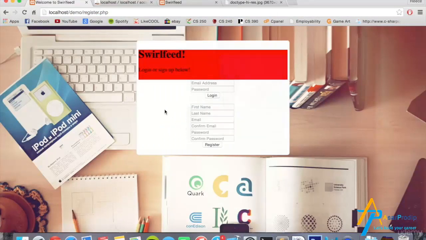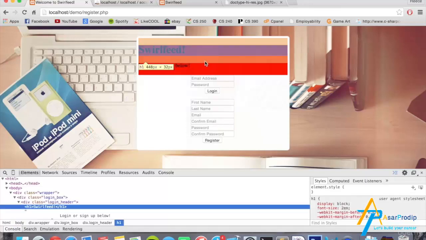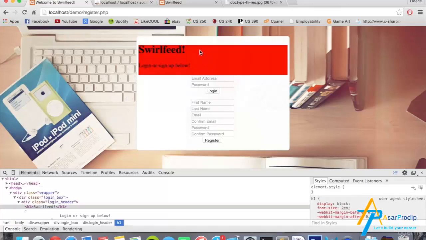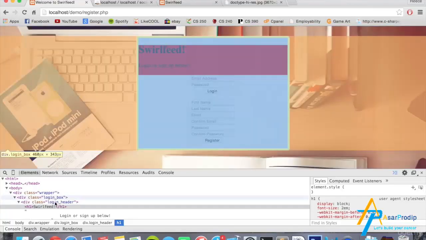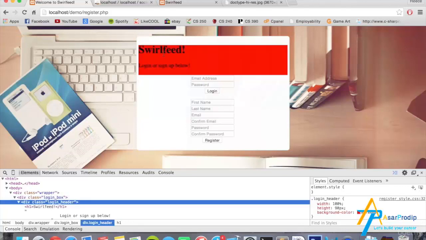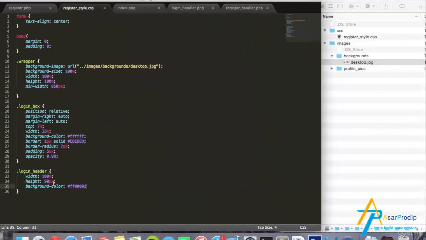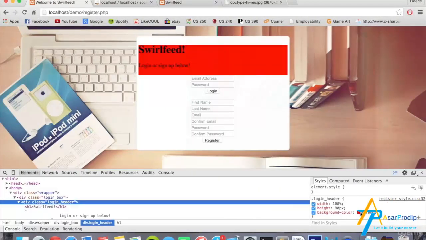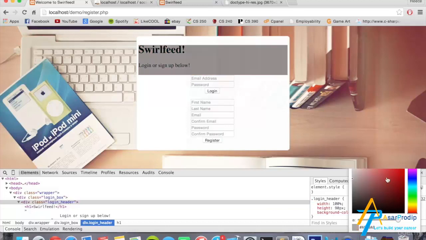What you can do is right click and inspect element. This is on a Mac in Google Chrome. I'm not sure how it is in Windows or any of the browsers, but a quick Google search of how to inspect element in whatever your browser is will easily tell you how to do that. If we click on the thing we're trying to style, which in this case is login header, it highlights this box for us. It shows you any of the styling we've given it here. Those three appear right there, and we can change this how we want and move it, just to preview how things are going to look. So if we make it blue,